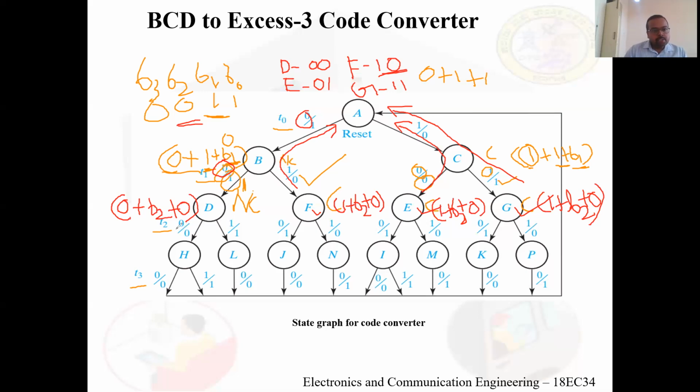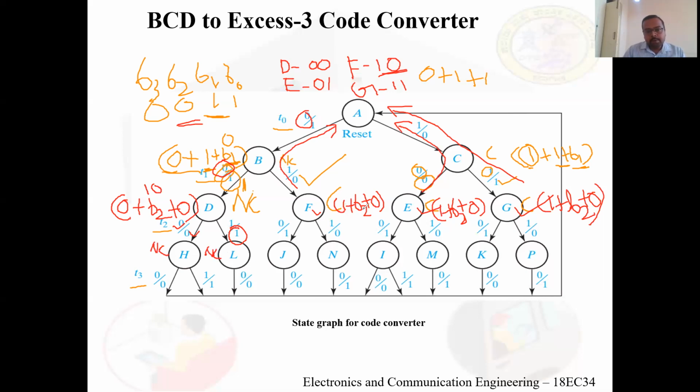Now when the input is 0 at this time, this is 0, 0 plus 0 plus 0 will be 0. So when the input is 0, the output will be 0. Similarly, when the input is 1 here, we have 0 plus 1, 1 plus 0 will be 1. So the output is 1. Right? Here also there is no carry. Here also there is no.